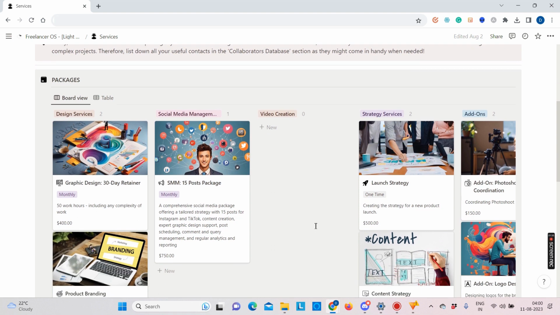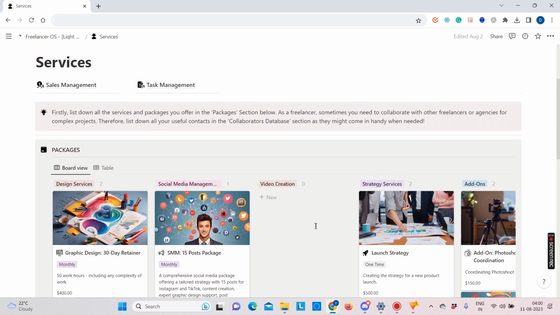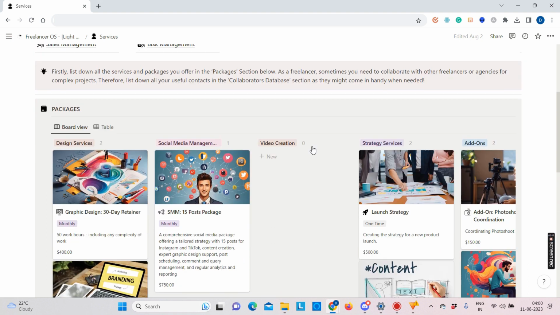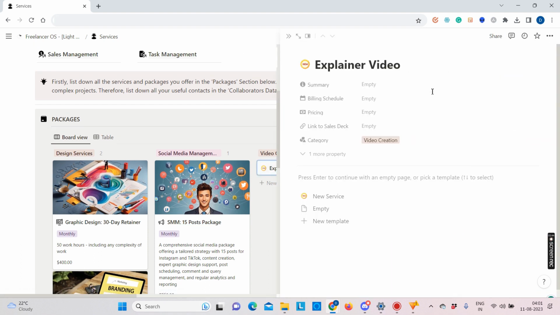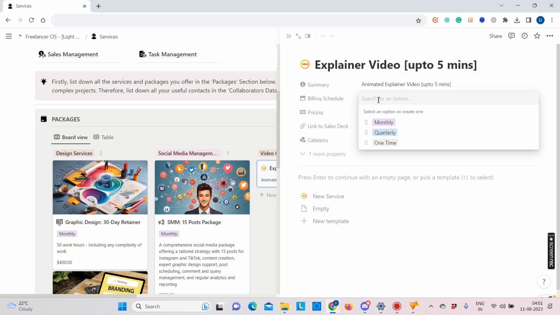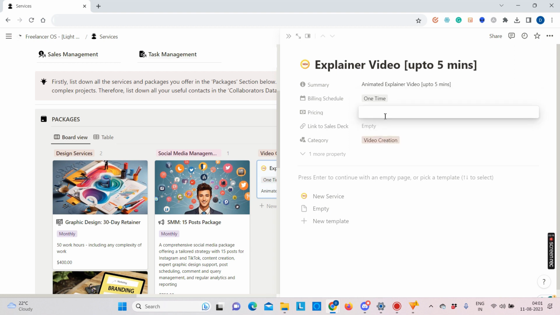Once you've added all your services, it's now time to start adding packages. To add a new package, just click on New and name your package. Now it's time to start adding details for your package. While adding the billing schedule, you can select monthly, quarterly, or one time. This seems like a one-time service. Add the pricing,